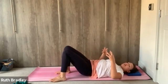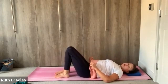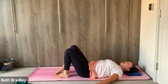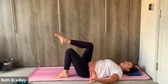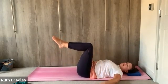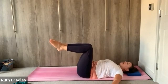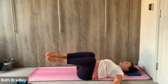We're going to combine and kind of mash up those last 2 exercises together. Now this one will feel a little tougher, but you are in control of your range of movement. So from here, we're going to come up and into a single leg tabletop, and then we're going to take a second leg up, but we're going to super glue and kind of sandwich those knees together. Now, the further you go, the harder this one is. We are almost going to repeat the same action as last exercise, keeping the body kind of down, letting the